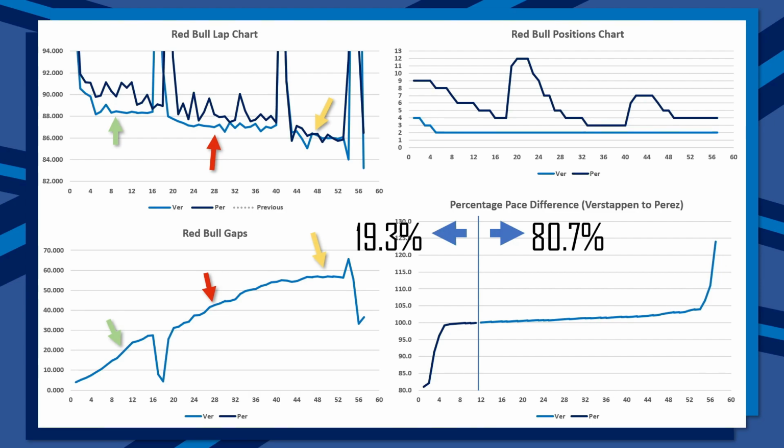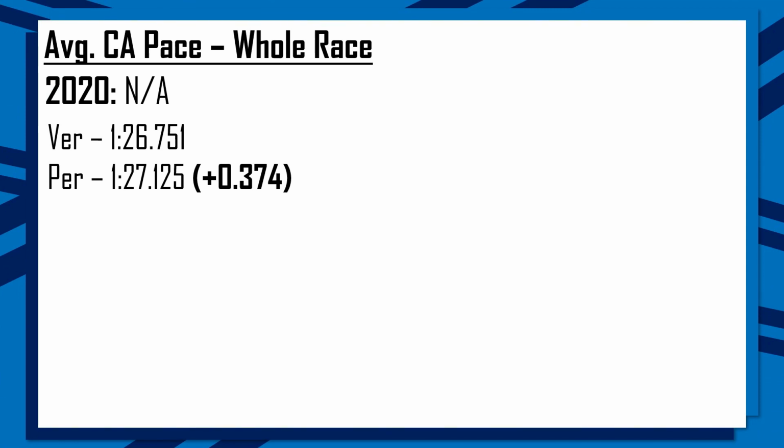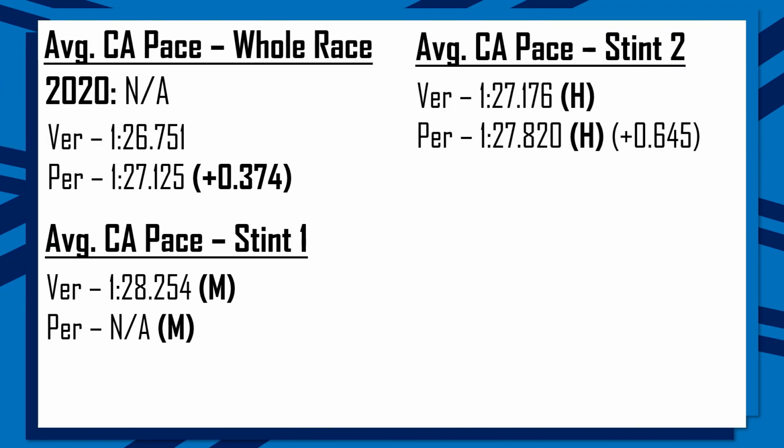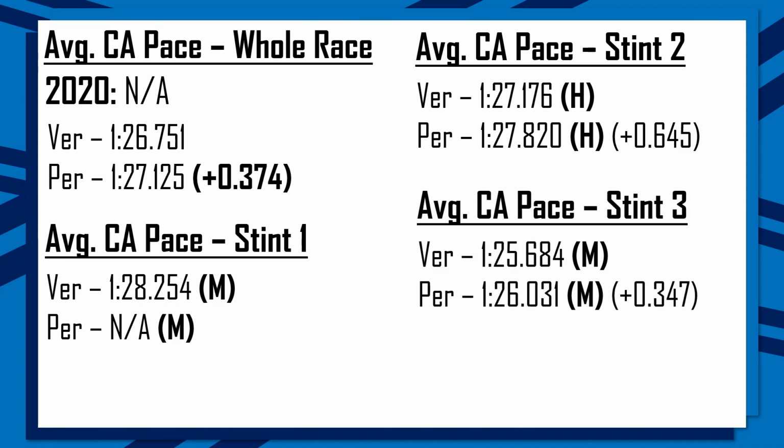the 1 minute 26s, which nicely plateaus the gap at just below 1 minute between the two drivers, where one ended up finishing P2 and the other ended up finishing P4. But again, taking a look at the Red Bull clean air lap pace between the two drivers, there was just 3.5 between them across the whole race, where stint number 1 on the mediums, Perez never set any clean air laps, and stint number 2, there was a 6.5 difference when they moved on to the hards. And then on stint number 3, where they both went back to the mediums, it was 3.5,